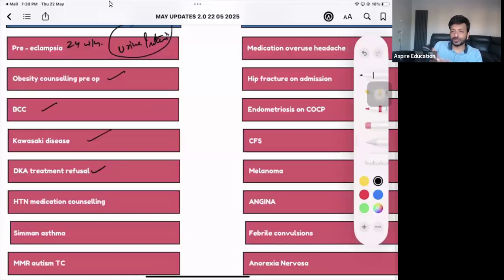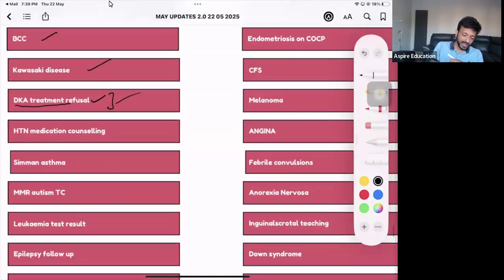So you need to convince her to stay. How can you convince the patient to stay? You have to tell her that we have to give you IV fluids, we need to monitor you, so that's why we're going to keep you in the hospital. And why she's refusing the treatment, she always says that I have to pick my children from the school. So I think that can be managed by somebody else, right?